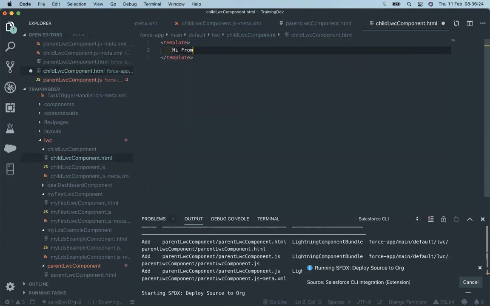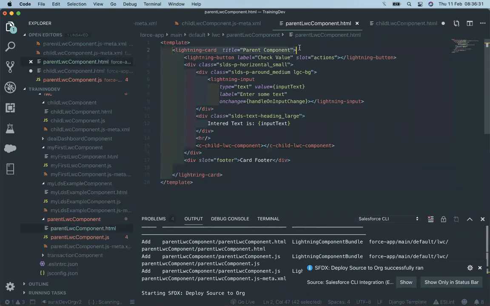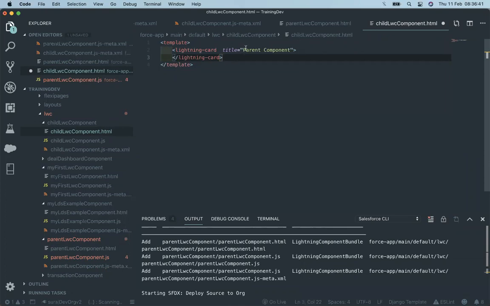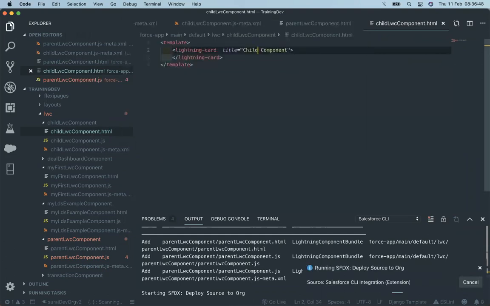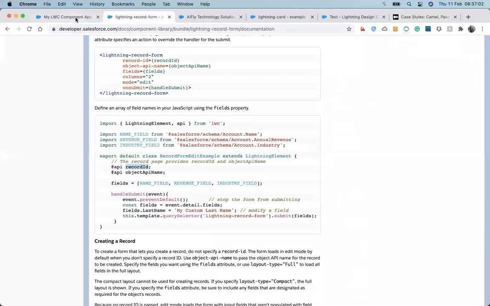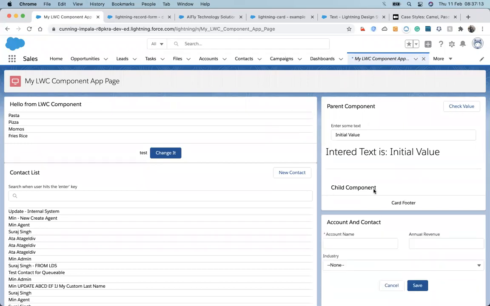Let's bind a card. Yeah, now the child component is showing up here.